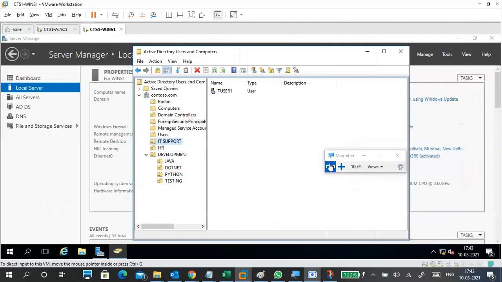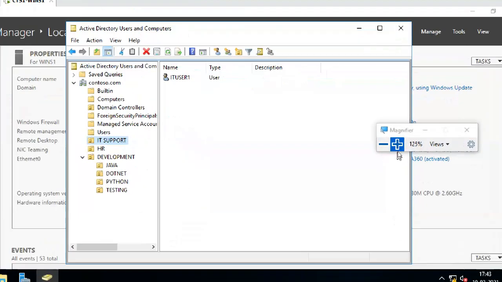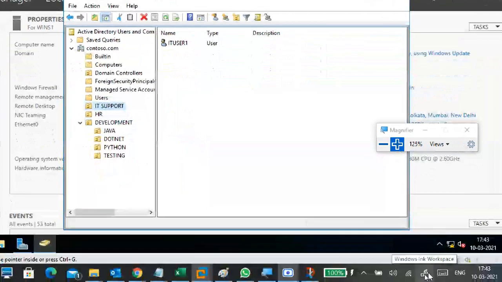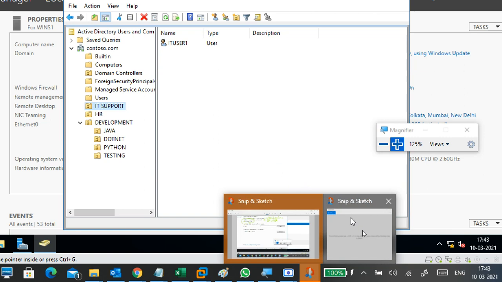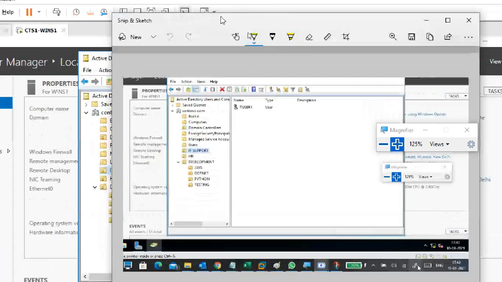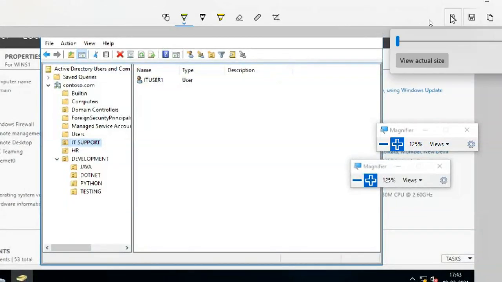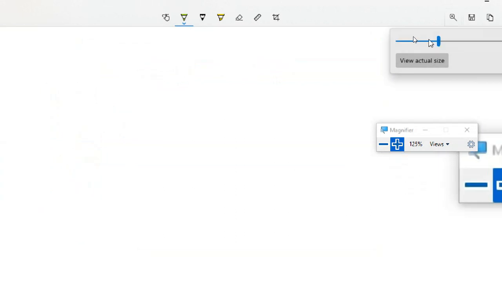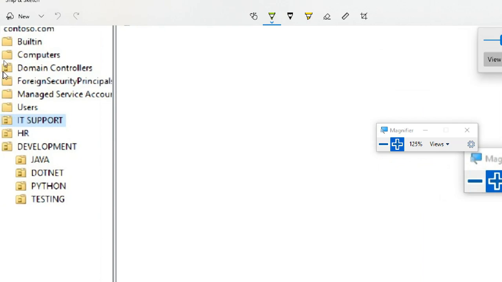That is a better one. I think you can see this one.